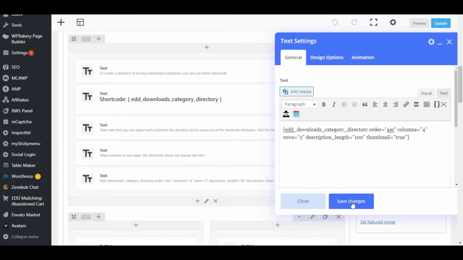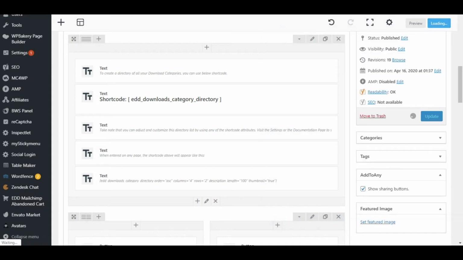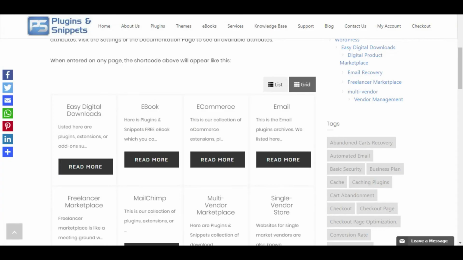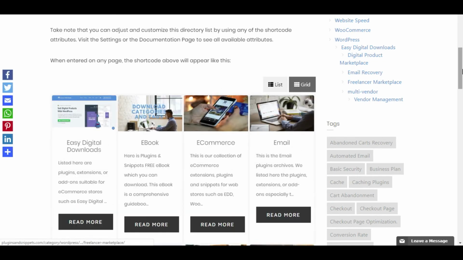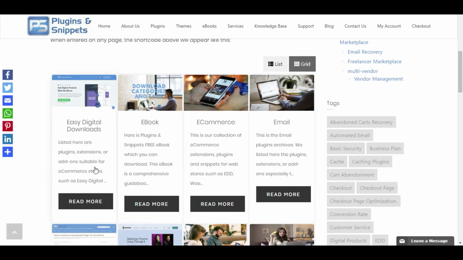Then we click on Save Changes and Update. We now reload the page and see how the list looks. So there we have it. We have more text here, more description, and the image thumbnail is now here.